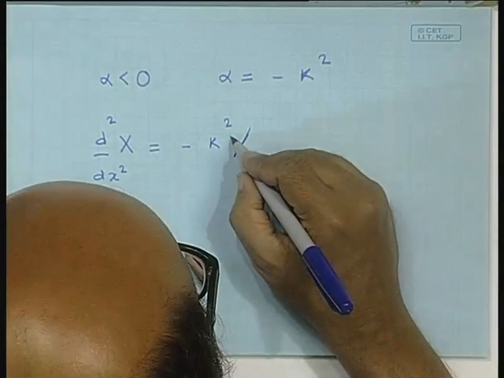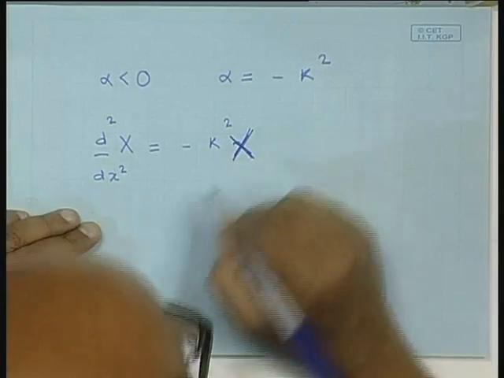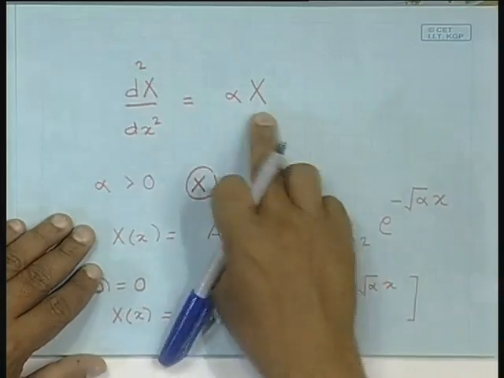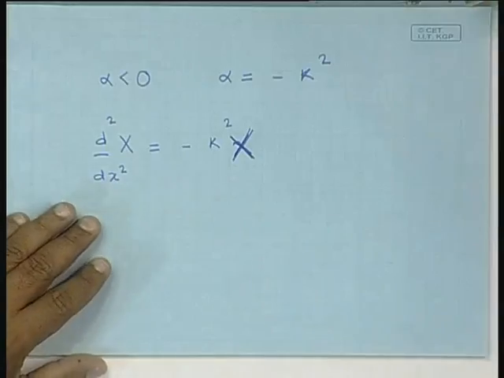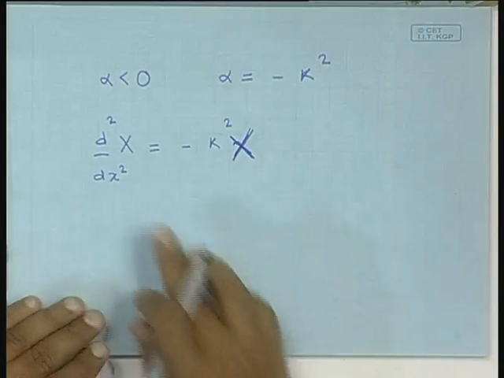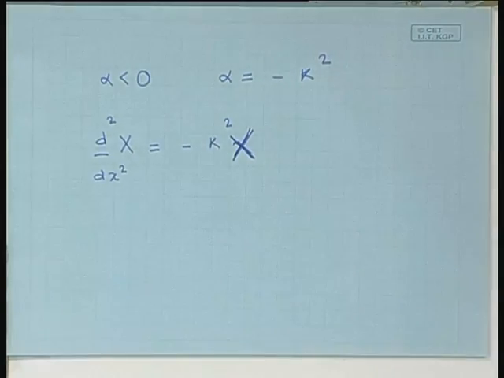so this is the differential equation governing the evolution of capital X, which is here the x dependence of capital X. The same equation, just that I have replaced alpha by minus k square. Now, this differential equation that you see over here is quite familiar to all of us. We have discussed this differential equation right in the first lecture of this course, and it is quite clear that